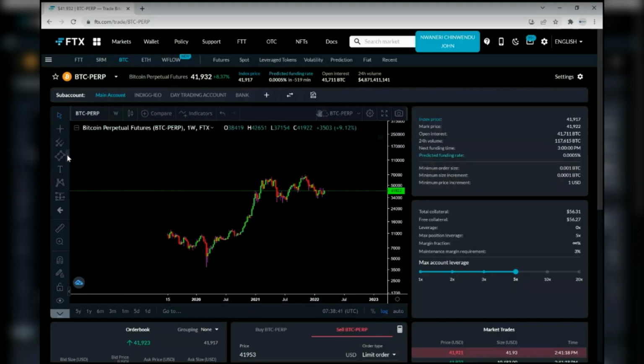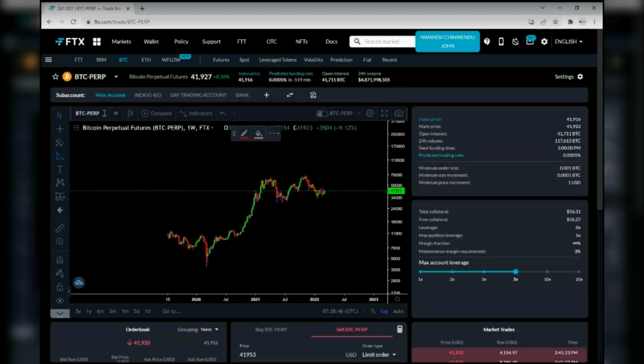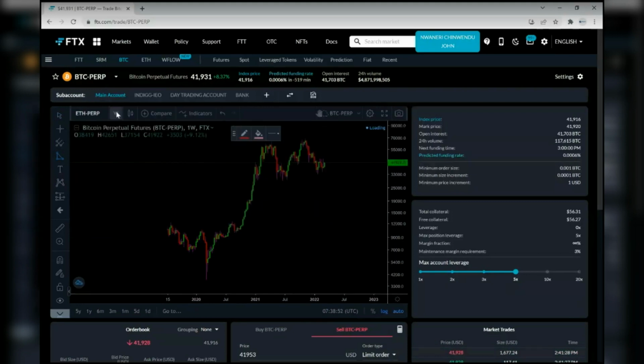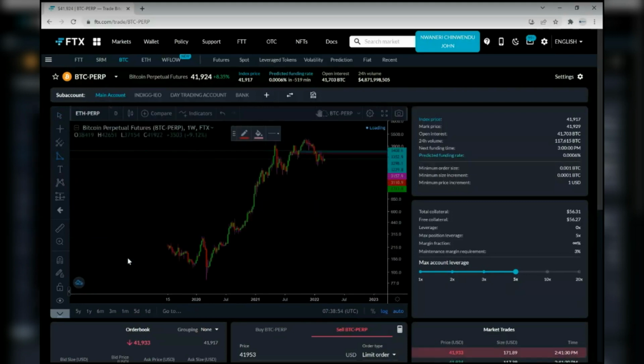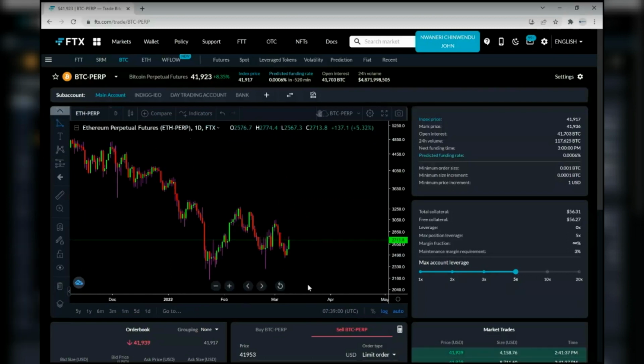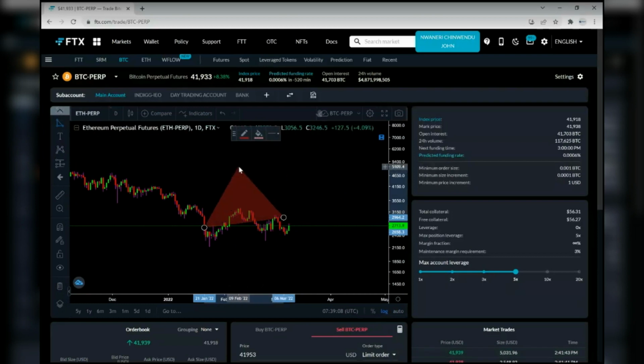Okay, so the next one is the triangle. Whenever you're seeing the symmetry triangle, which is on ETH Tipjar, let's go to the daily time frame and see the symmetry triangle there. So we're going to draw that again now. I'm going to draw that. So let me see. So this,